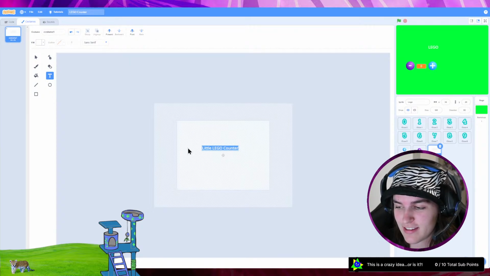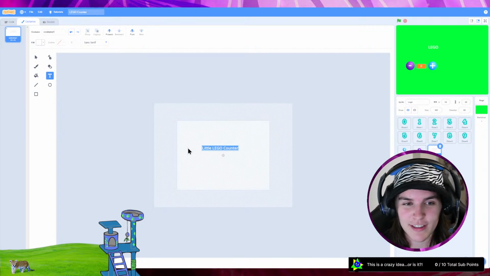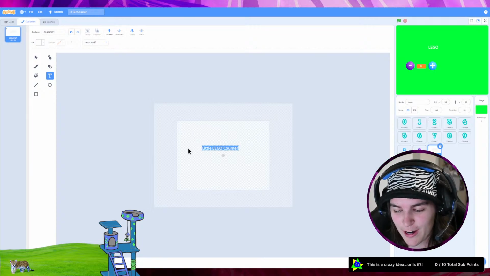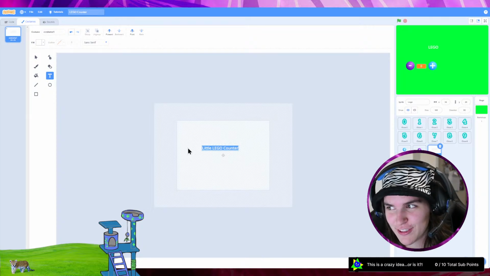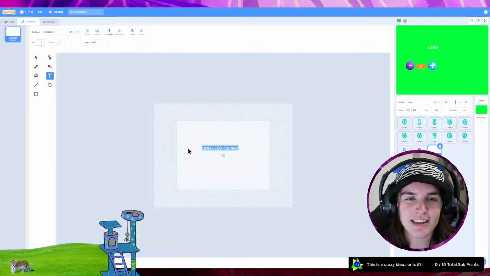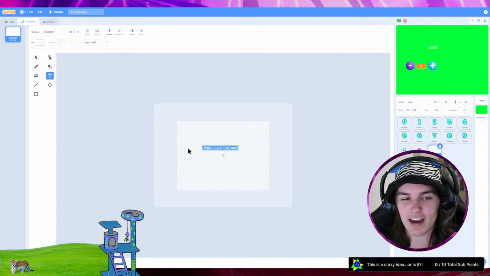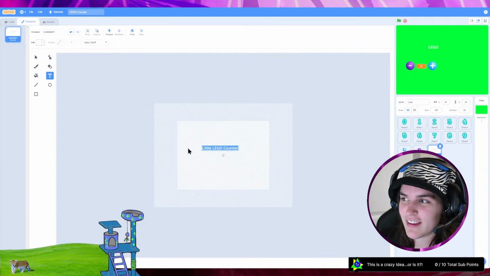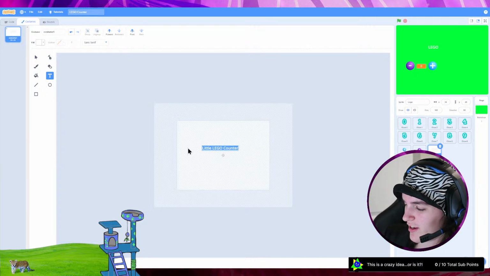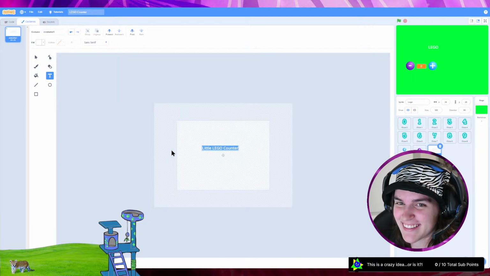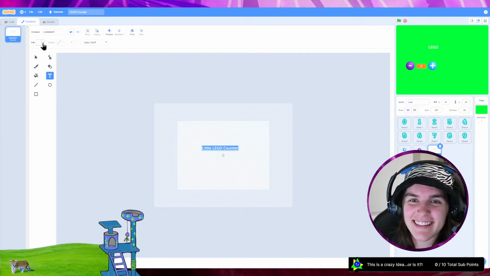So, in fact, this is kind of a fun trick. If you're ever wanting to use a Scratch program in something, like for a video, and you want to add, let's say, an effect for a video, if it has a green background, you can take it out and have it as an overlay over your video. Something that I like to do all the time, especially if you're on a budget. It's a great little hack.